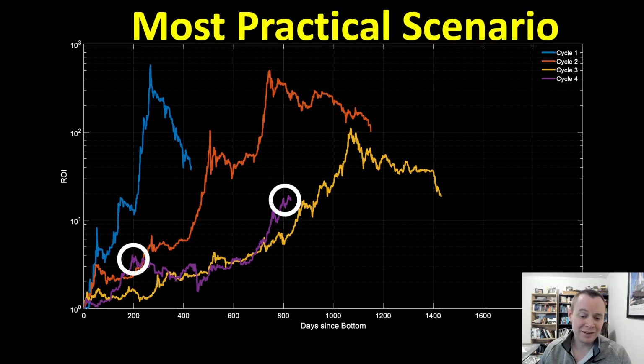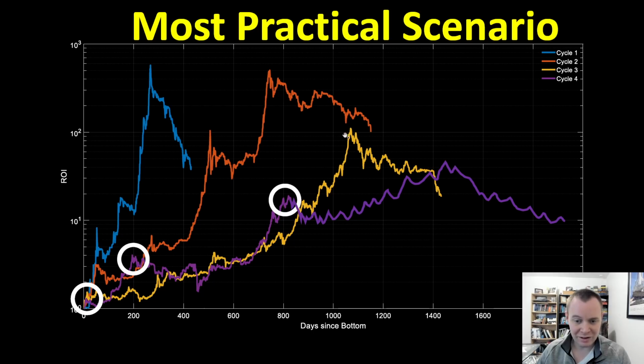I would say a more practical scenario would be something like this, where even if we move up in the short term, as long as we're not going to $300,000, we're still not putting in the same types of gains we saw from last market cycle. So this is what I would say to look for. Obviously, what I drew here is not going to happen because this was just a random drawing that I took about 2.5 seconds to draw. But the idea, generally speaking, is that even if we don't drop down, even if we just went sideways for a few months, we would ultimately not keep pace with the prior market cycle.